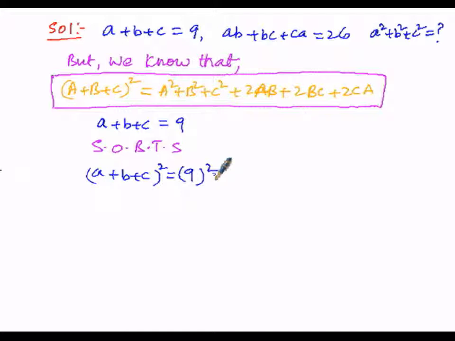So here, in order to get a square plus b square plus c square, the squares of a, b and c, I have squared on either side of this given equation. This equation is already given for us in the if condition. So here (a plus b plus c) whole square is similar to (capital A plus capital B plus capital C). So I want to replace capital A by the small a in the special product, capital B by this small b, and capital C by this small c.